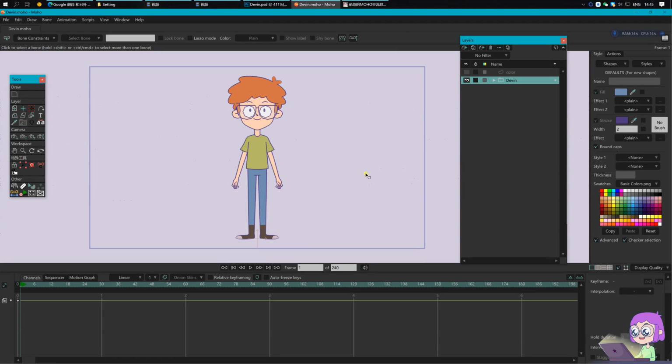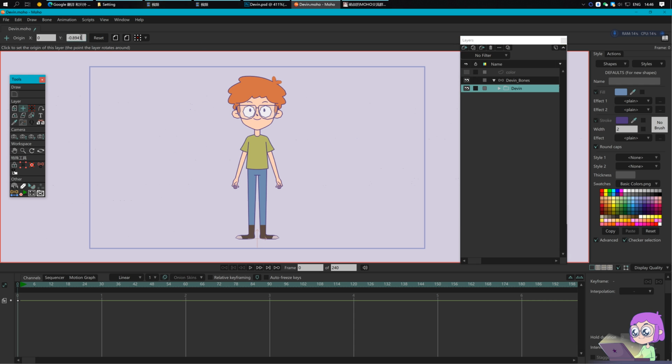In this video, I'm going to set bones for this character. I usually create a new layer outside the character group. So if you need to add some other things in the future, for example, the character holds something, you can put it outside the character group and keep the layer neat.